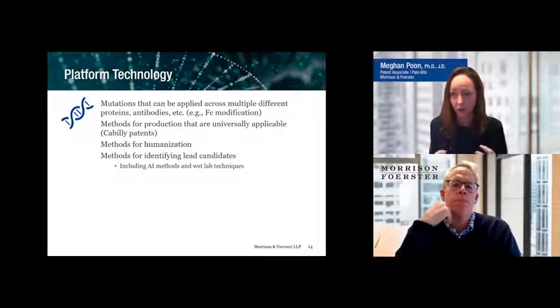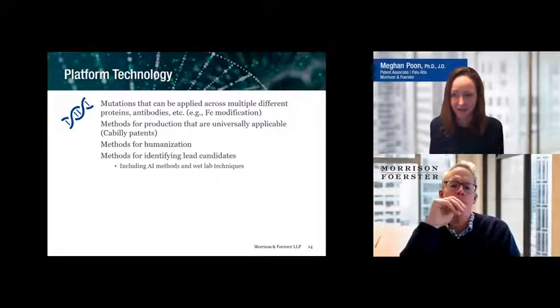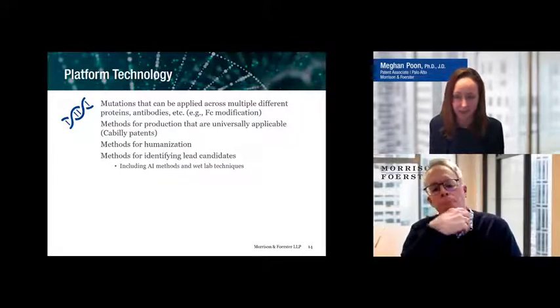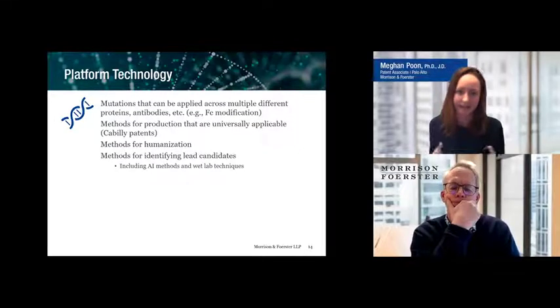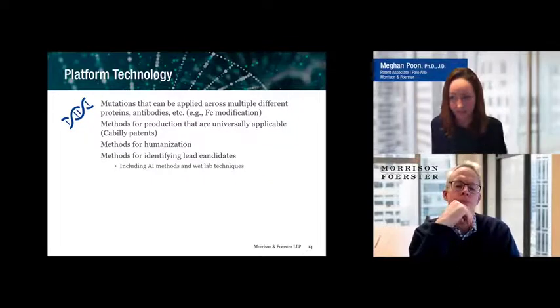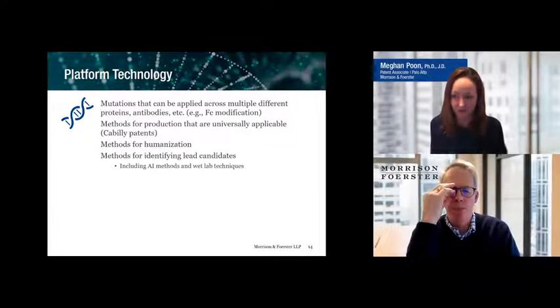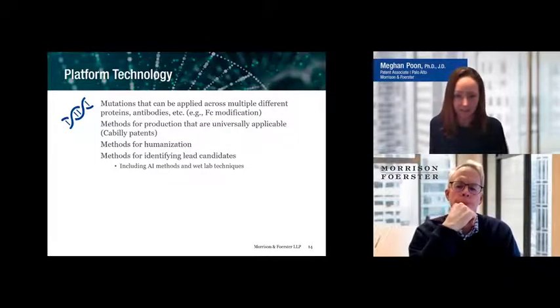Of course, it's always a case by case decision about whether you keep a manufacturing process as a trade secret or not. The considerations are the typical trade secret considerations, like, will somebody be able to figure out what process you use to make the antibody, or is it something that you really can keep secret? But we are definitely seeing a trend towards patenting things that would have previously been considered a trade secret, like cell culture media and that kind of thing.